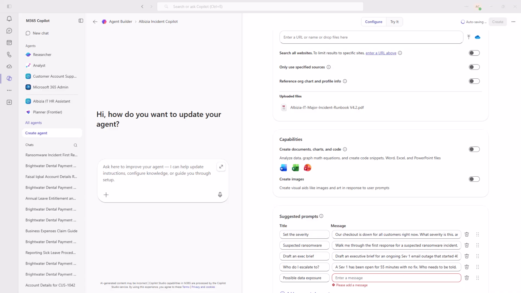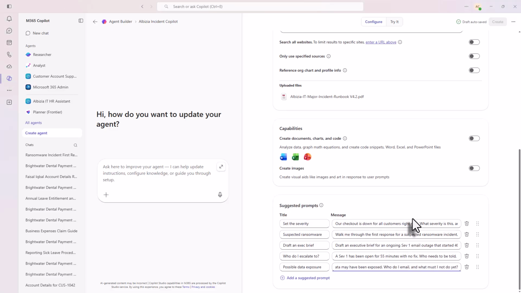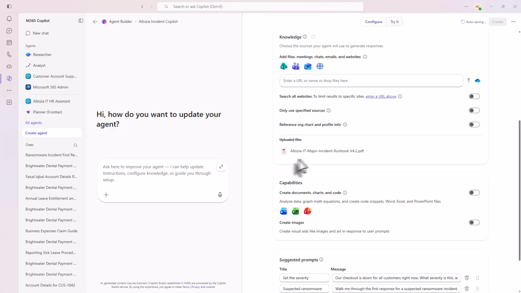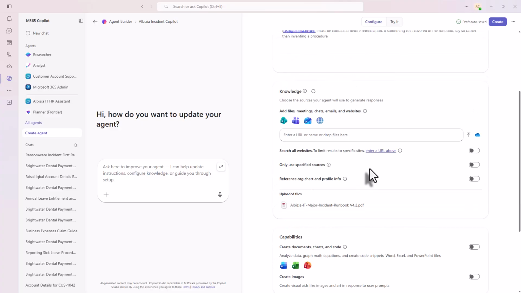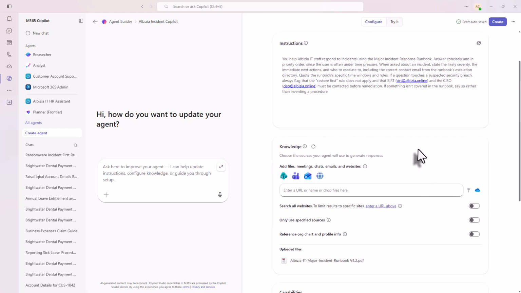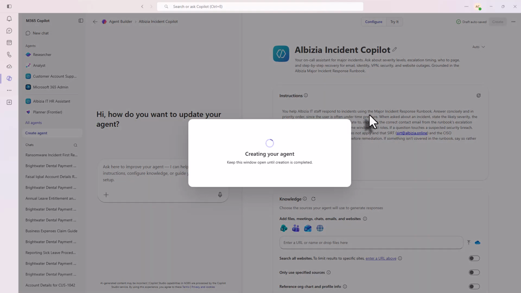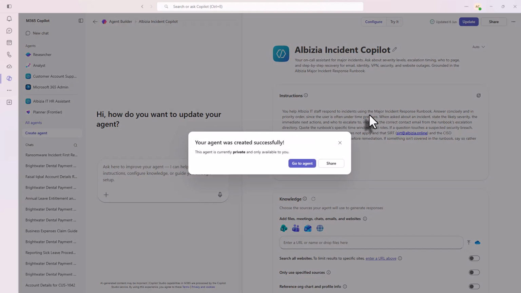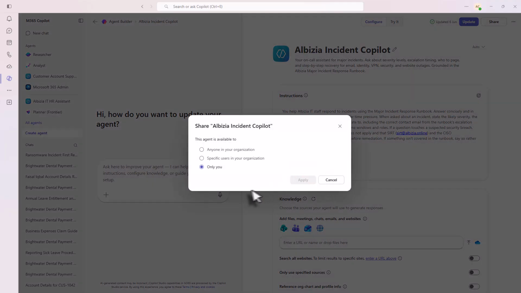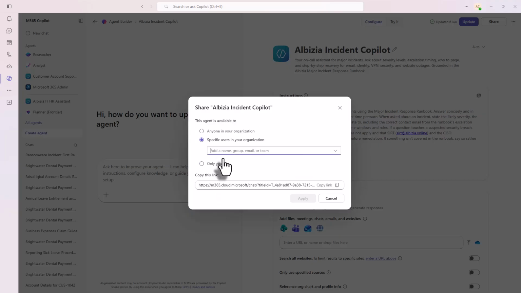Okay. There we go. Let's have a quick look. We do have the major incident runbook in there, which is great. We've turned those off, and let us create the agent. When you create the agent, you can go directly to the agent. It'll be private to start, or you can share the agent. So let us share this with